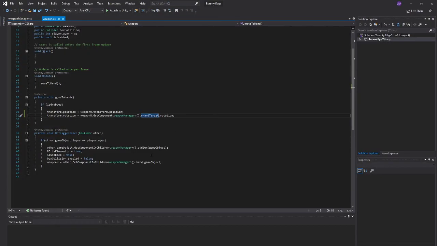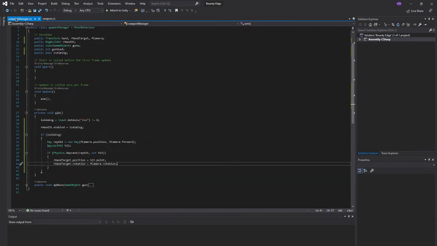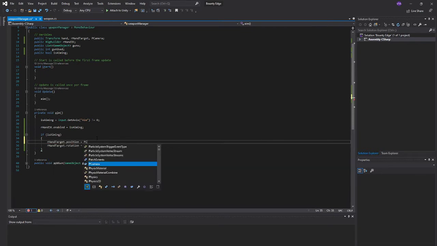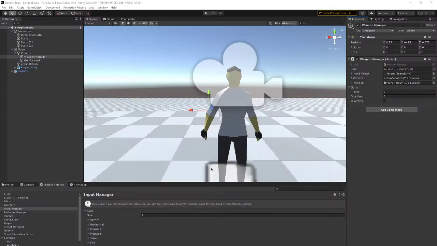What if we do this now? So weapon manager. Okay. So this can only be, we should use this for other stuff, like actually shooting. So let's throw this right over here. It's been 30 minutes, cool. Alright, so we're gonna do P camera dot rotation, R hand target position, P camera dot position. No, yeah. Now,